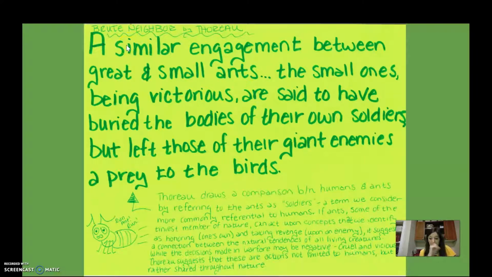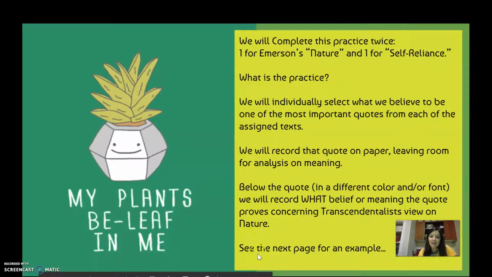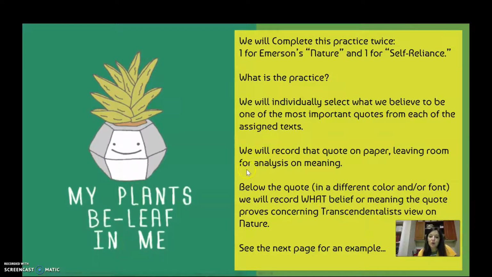This is for a different reading because I didn't want to steal anyone's thunder, but this is an example of what you would do. For Nature, on a piece of paper, or digitally, you would write out in large font a quote that you believe is the most important quote from the reading. Look at how I wrote this quote in really big letters, but I left space at the bottom. In that space, you will then,